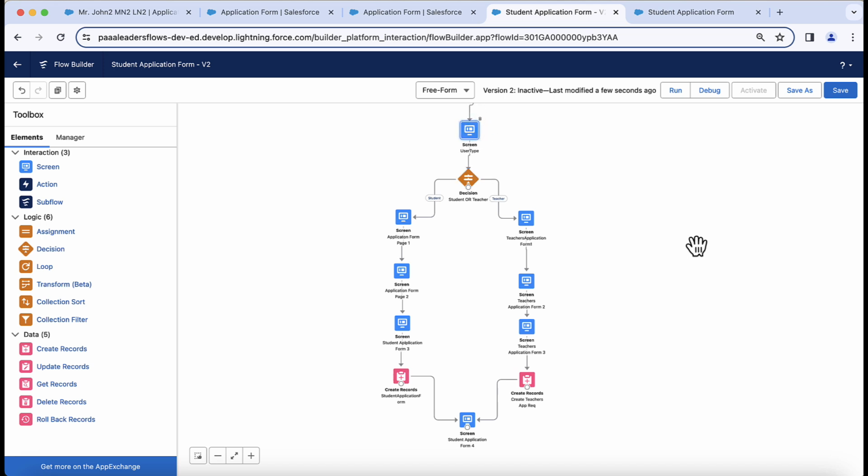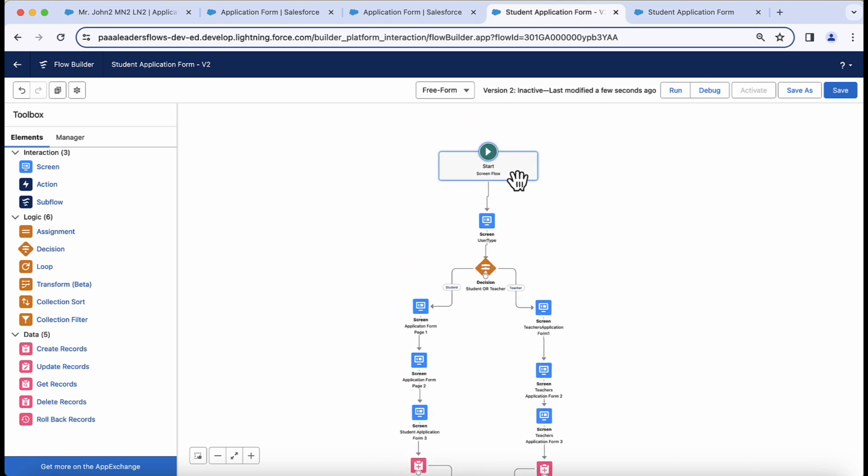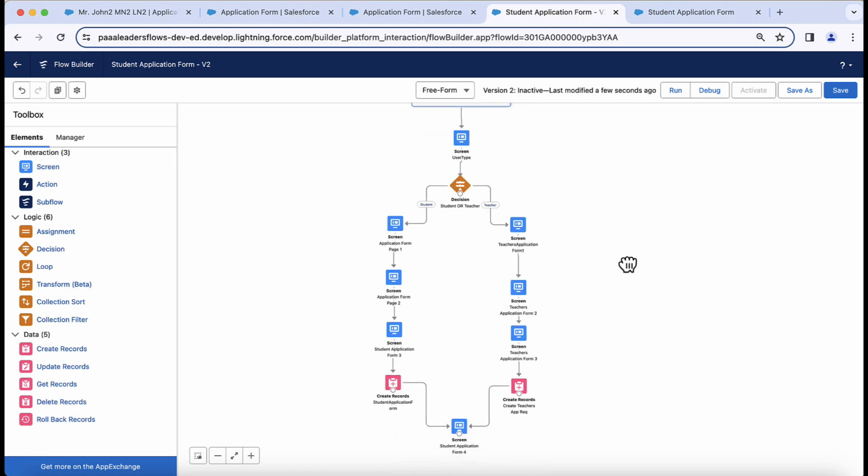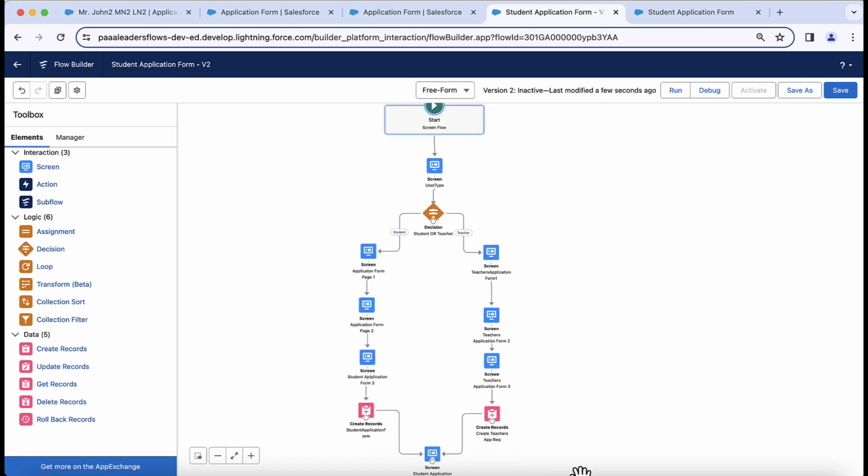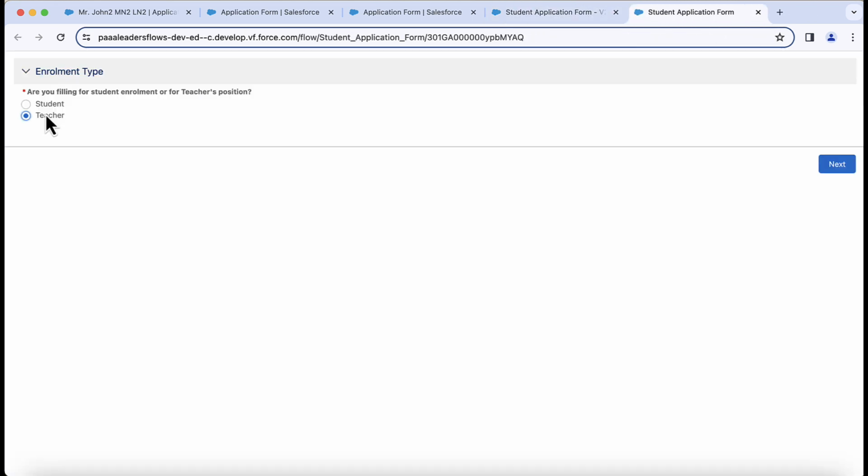When we write our flow, we try to position the elements. In free form it is up to us to position the elements, and we try to keep it top to down or left to right. Either do it left to right or try to make it top to down. So here I am trying to keep it top to down, so that's why I have arranged the elements accordingly. Now if I save this and then run this as a teacher,